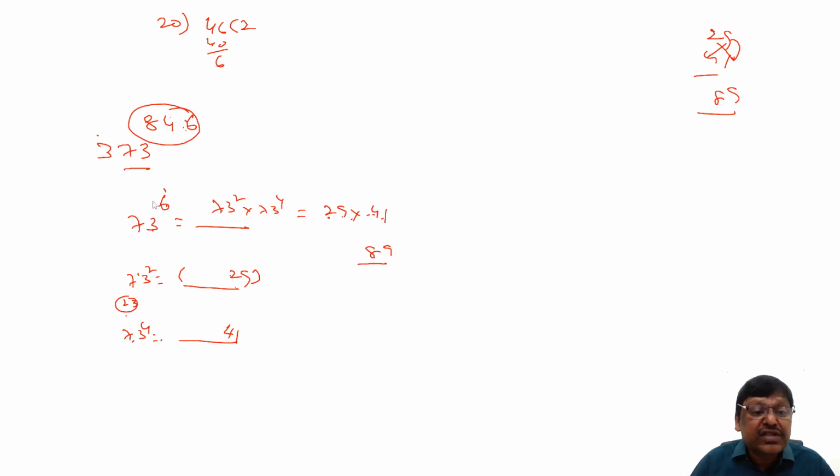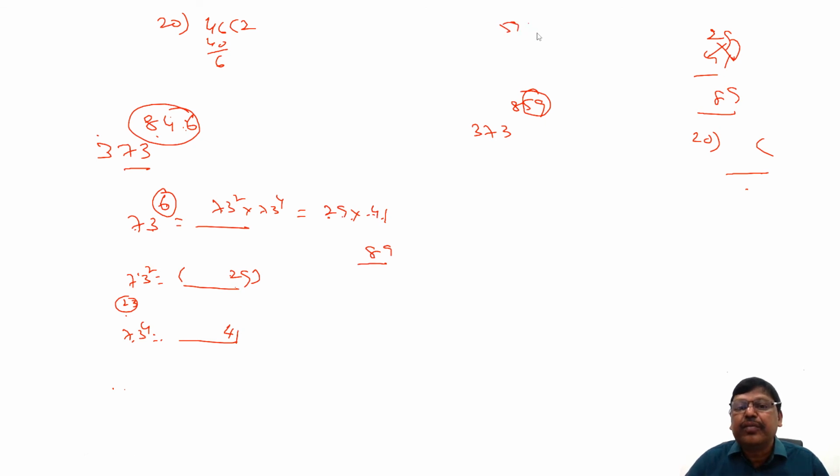Someone will ask, what if this is still a bigger number? One thing, when you divide by 20, the remainder can be less than 20 only, right? So that's why maximum you need to find up to power 16, that's enough. For example, I'll change this question. If this is 373 whole power 859, when I divide by 20, what is the remainder? 19. 59 divided by 20, 2 twos are 40, remainder is 19, means take 73 power 19.